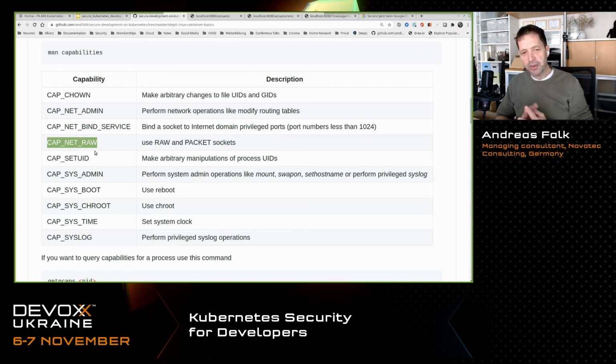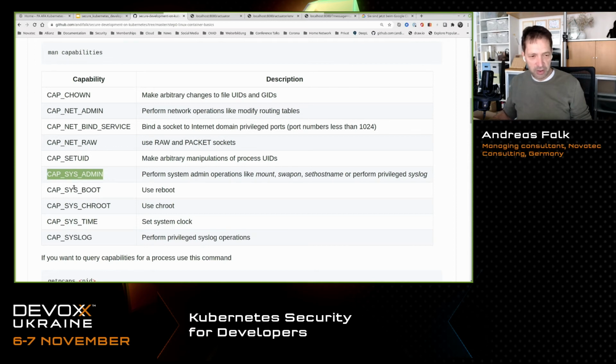Also, cap net raw is a really important one. For example, if you want to use the ping command, it typically has the capability cap net raw to open a raw socket, which is required to do the ping command. Cap sys admin is a capability covering lots of other capabilities. So if you are root, then you typically have that cap sys admin capability. That is the capability that gives you all the privileged access you need as a root user.